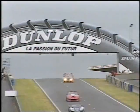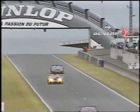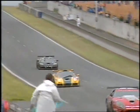Now Yannick will of course wait for his opportunity. He's now become a very professional long distance driver, former very successful single-seater driver, he's right now on the tail of Justin Bell. Won't make a rash move. They've got a whole host of back markers ahead of them as they go down towards the Esses. Now that's going to make life rather difficult for...